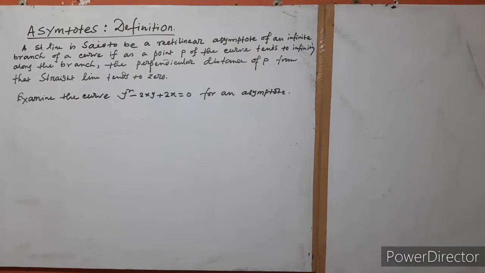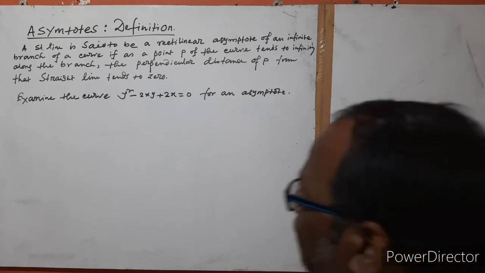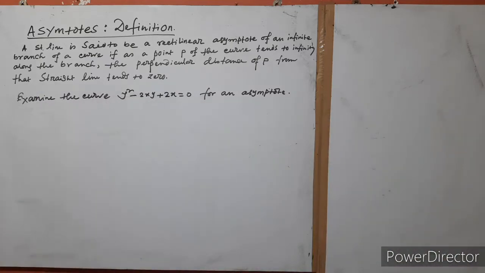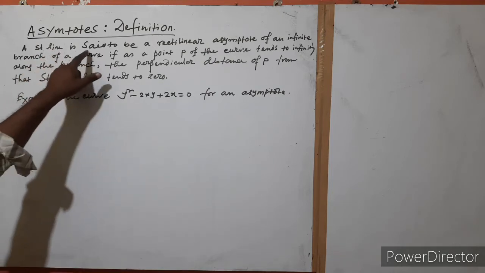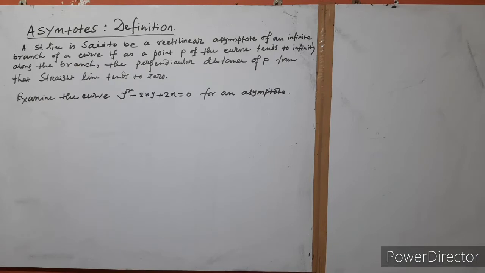And today this is the discussion about the asymptotes, rectilinear asymptotes, with the help of differential calculus. And what is a rectilinear asymptote? Now here is the definition. A straight line is said to be a rectilinear asymptote of an infinite branch of the curve if, as a